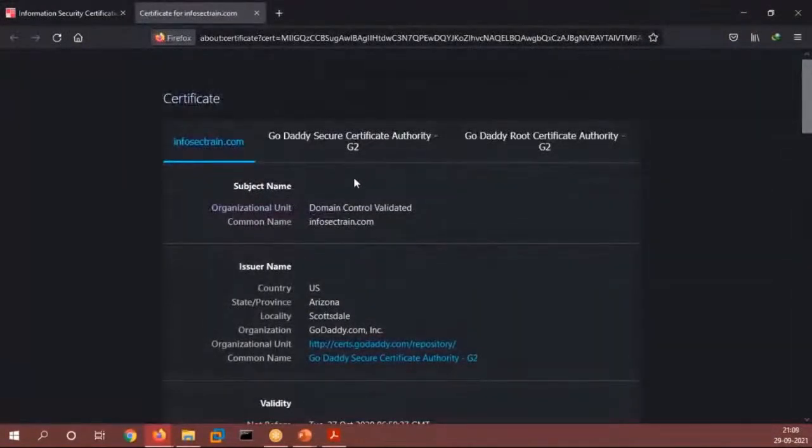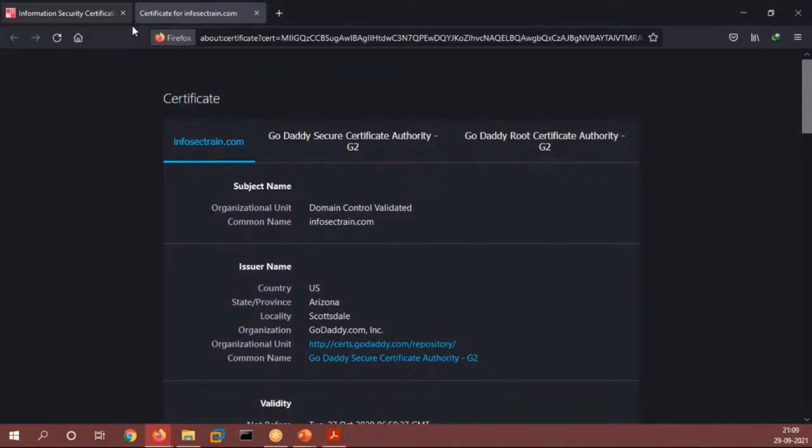Now, for InfosecTrain, this is your digital certificate, and the issuer name is GoDaddy. GoDaddy is a certification authority that is certifying that this website is legit. It will not harm you and it will not take your personal data, right?